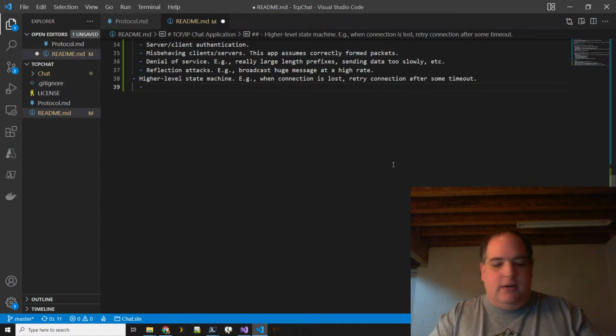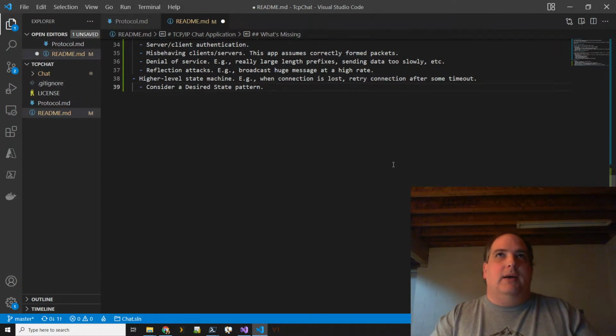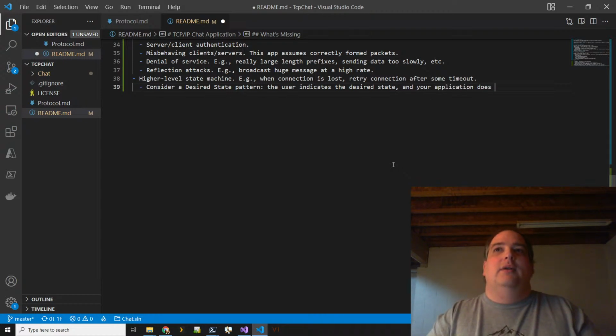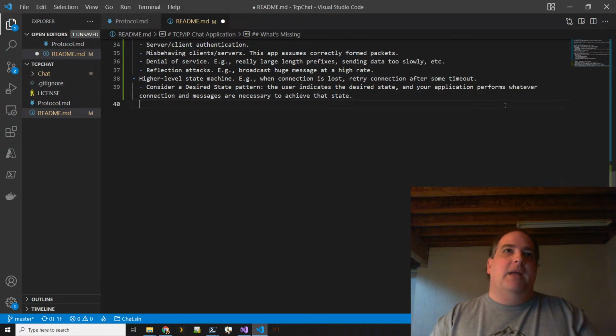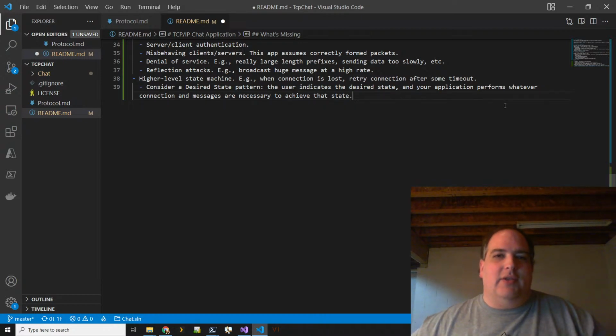And then the other thing that I wanted to point out here: consider a desired state pattern. By that I mean, I'm going to type this out instead of just saying it. The user indicates the desired state, and your application performs whatever connection and messages are necessary to achieve that state. Okay, so I think it's a pattern that really works well, especially if you're talking